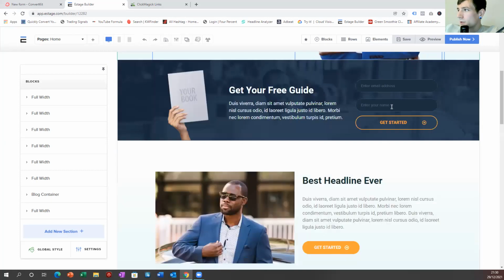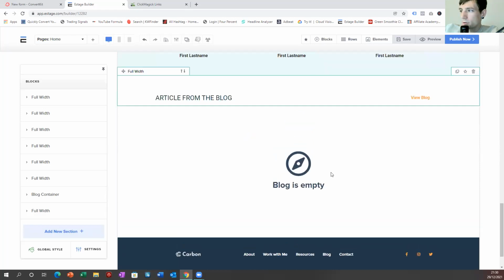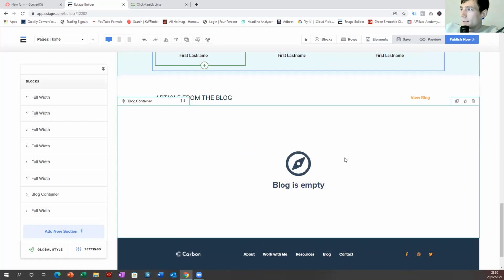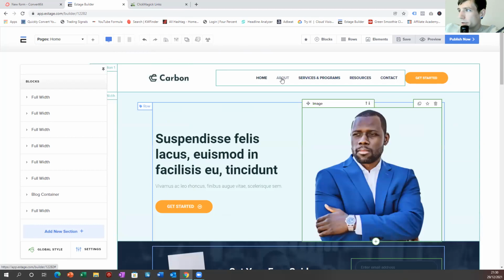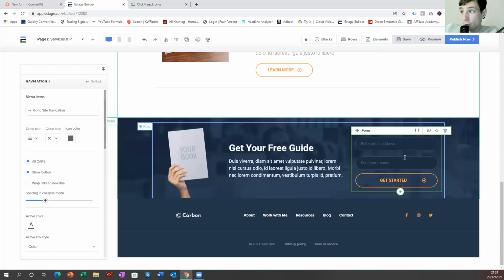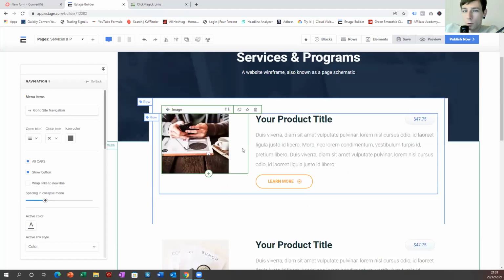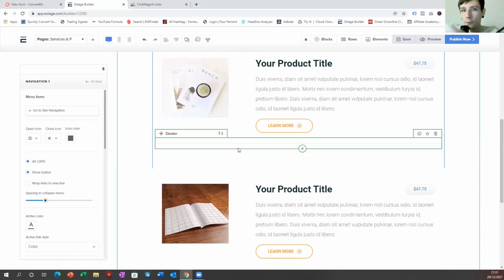So you can see here, these are all the pages already pre-built, and you can add a blog, which is really, really cool. This is where you can syndicate and publish your value and bring people back to your blog. This is all integrated in here, and you can see all these cool things are added. There's an about page already done, services, programs, and you can have different products here. So this could be entrance into funnel 1, entrance into funnel 2, entrance into funnel 3. So your low, medium, and high ticket funnel offer for your market.